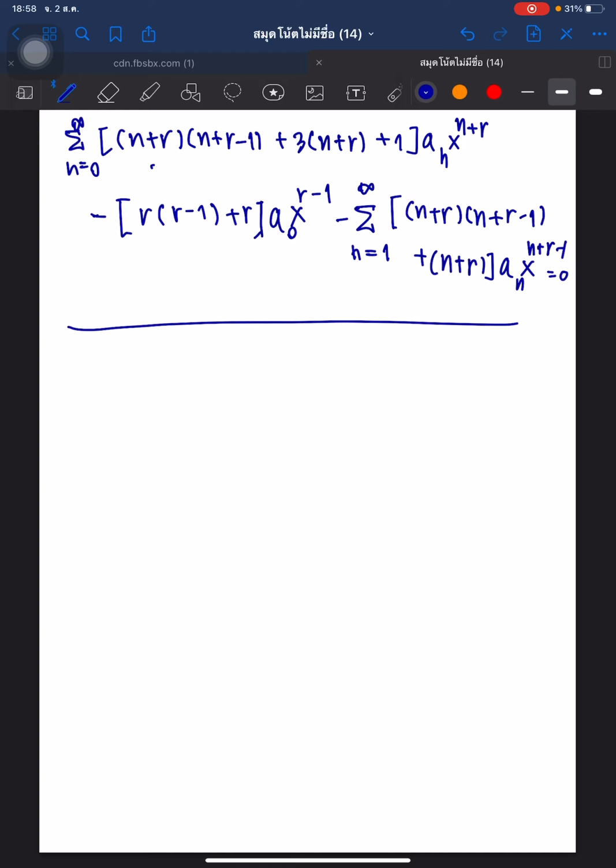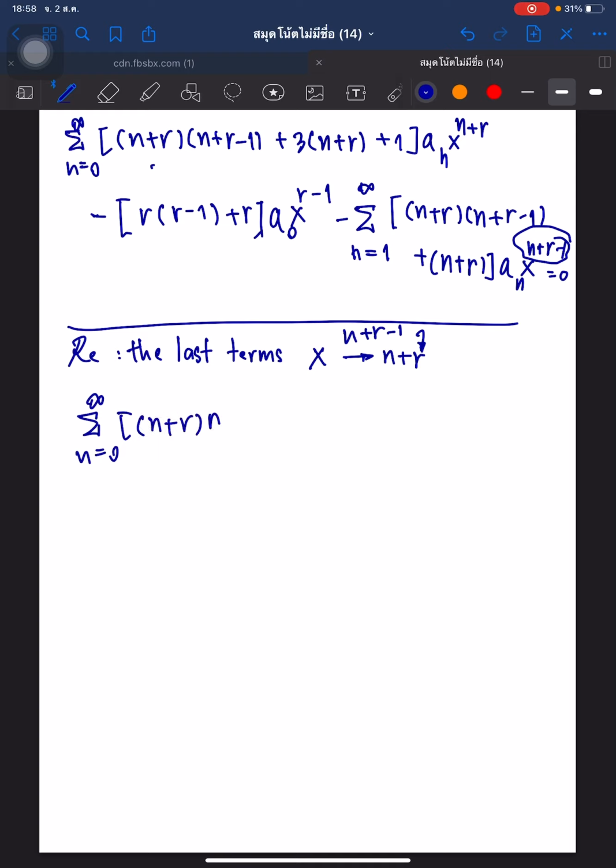After that, we rearrange the last term. From the exponent of x, which is n plus r minus 1, to n plus r, by rearrangement we get the same term, the sum from n equals 0 to infinity of n plus r, n plus r minus 1 plus n plus r plus 1, the same term. Okay, and this we rearrange, we get